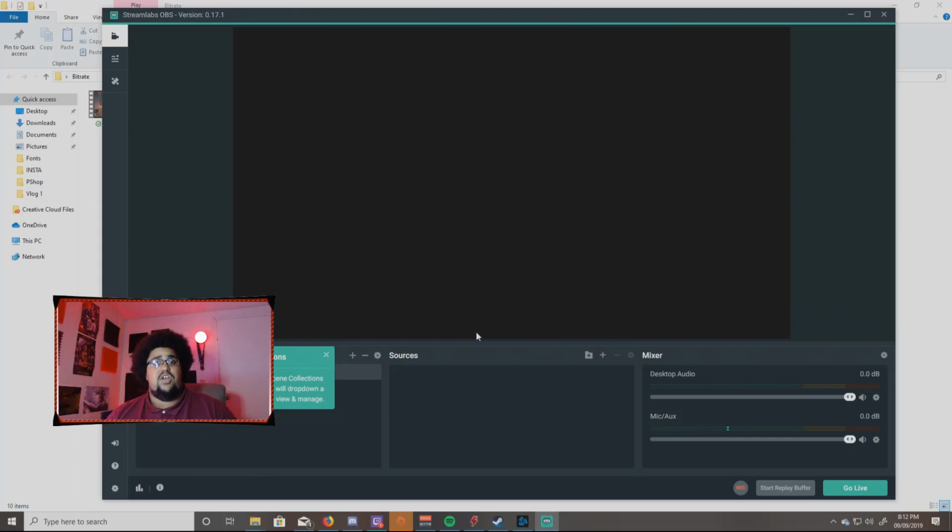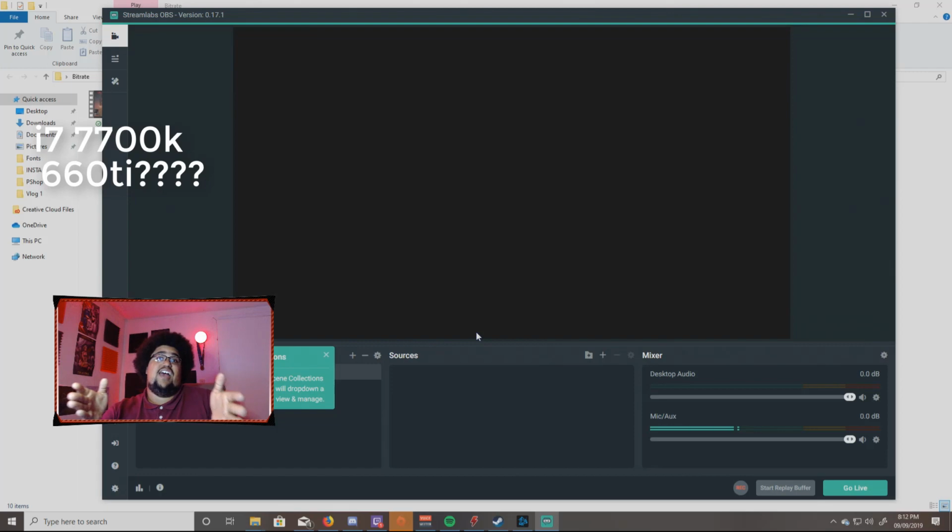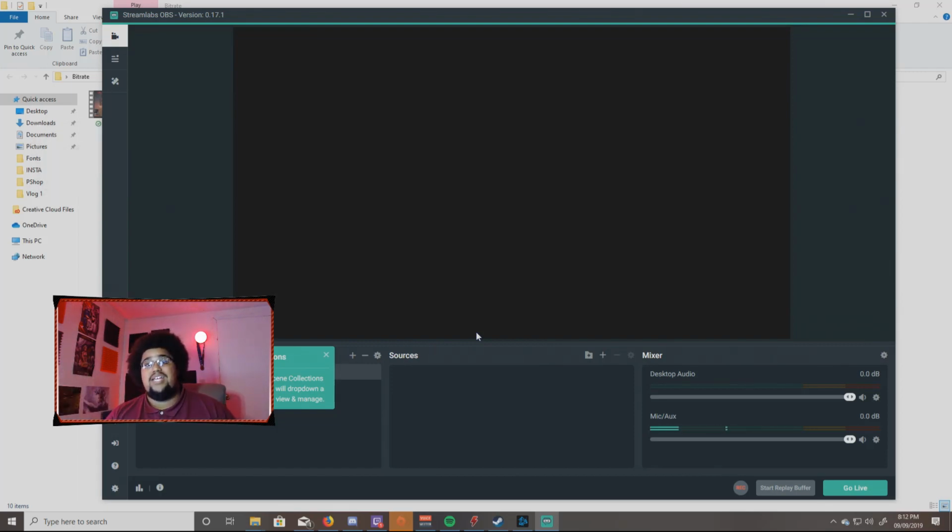It has a 7700K Intel i7 processor in it, and it actually has a 660 Ti in it. A 660 Ti. It literally is doing nothing but providing video. You can get a nice graphics card, so do the opposite and offload everything to your graphics card, which I actually recommend. Things are a little bit easier, but today I'm going to talk about how I use the CPU,